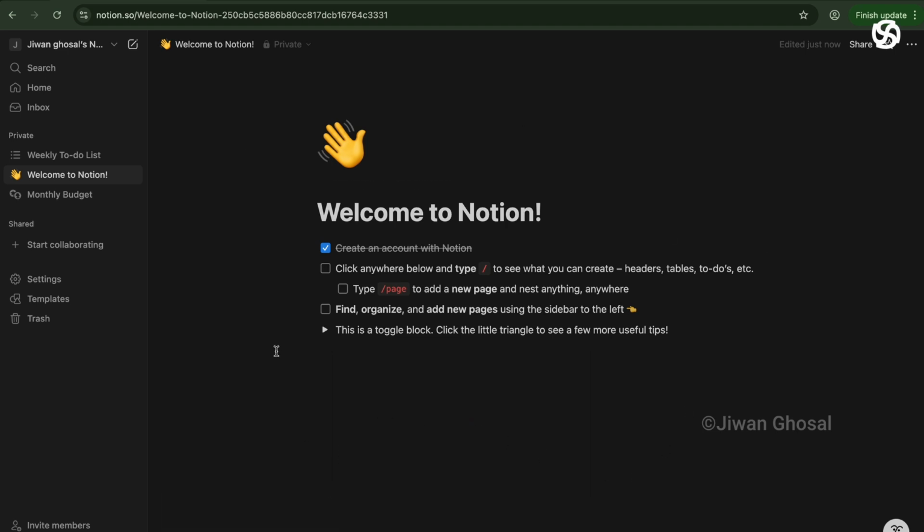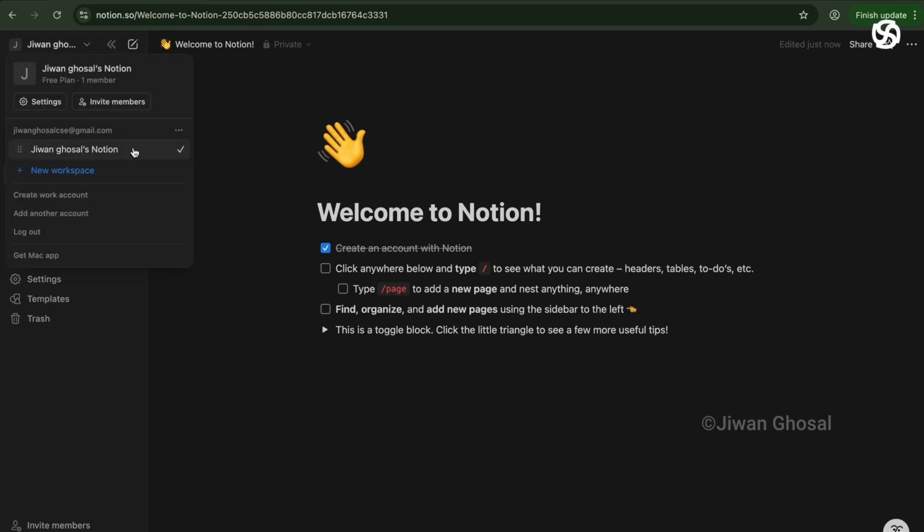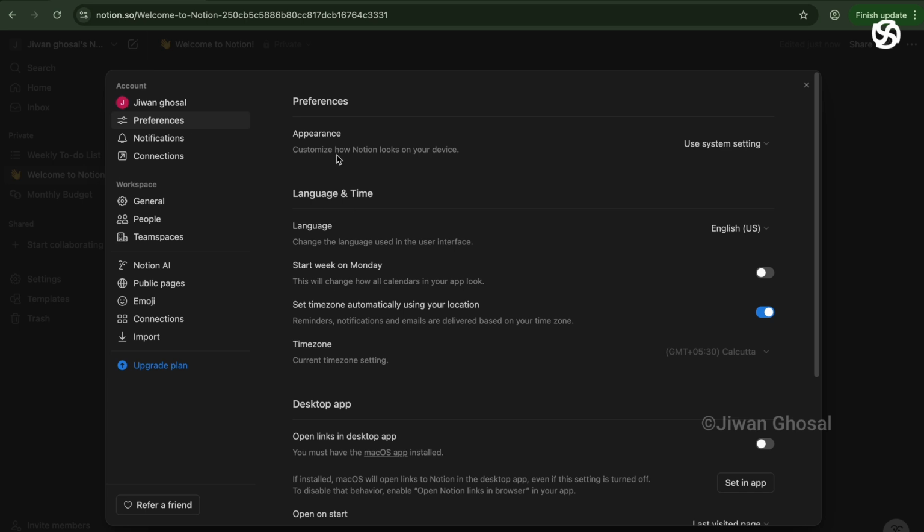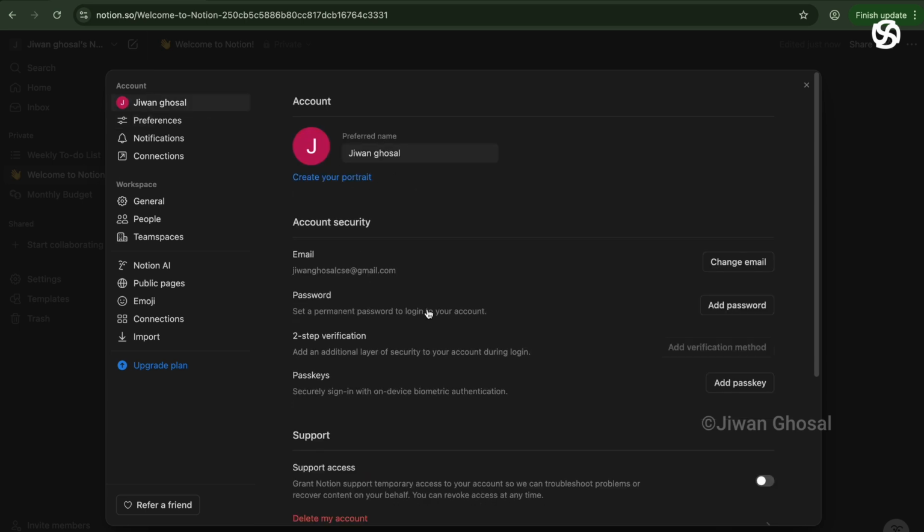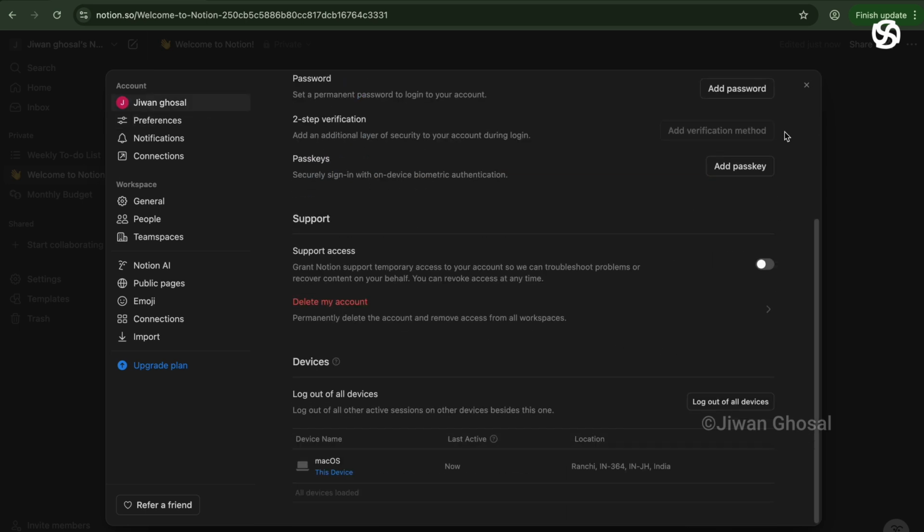you get started. From the top left corner of your Notion interface, you can click on Settings to change your profile icon or modify any other account settings. I'll click on Settings to show you the available options. Here you can customize your profile, manage your account, and even delete the account if you decide you don't like